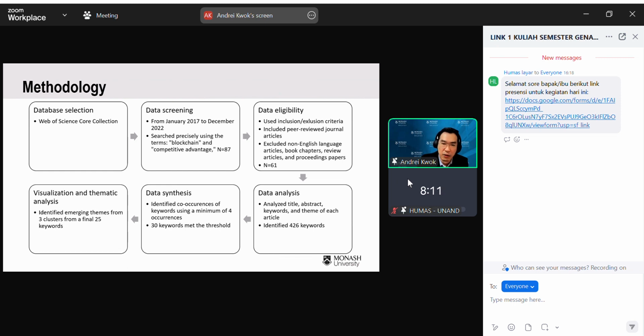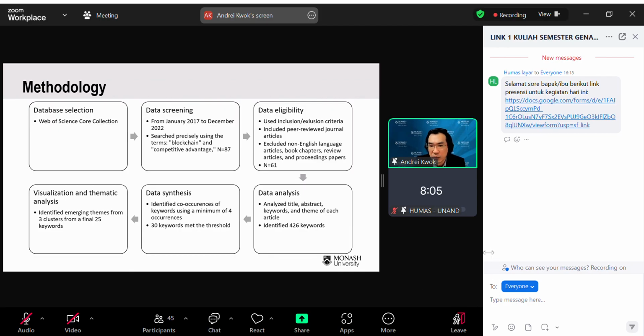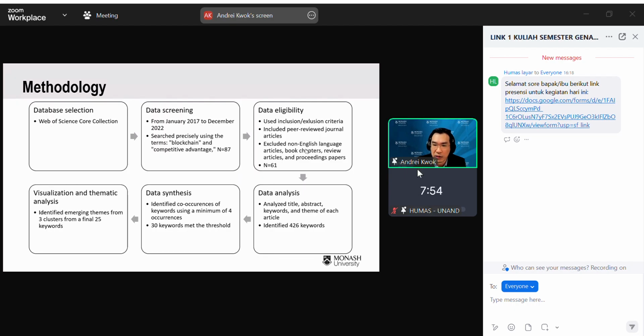which are also from a different field, so that we are more focused on the business field. So we look at the data eligibility, which means we use inclusion, exclusion criteria. We make sure that all peer-reviewed journal articles are included. We also exclude non-English language articles because we are not able to translate those articles if they are in a